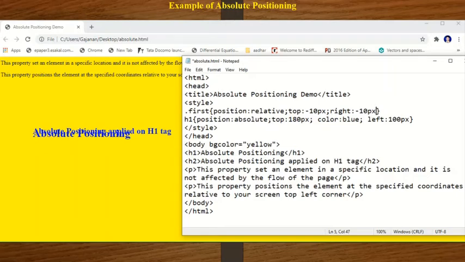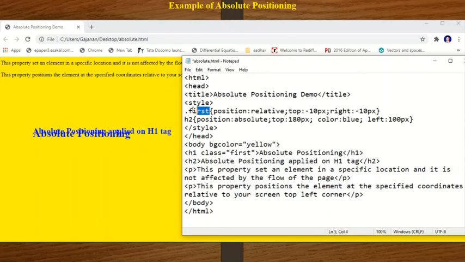I want to apply this one on the h1 tag. This is for h2, and I want to apply this for h1. So in h1, what we write here is class equals, in double quotes, first. This is which type of selector?